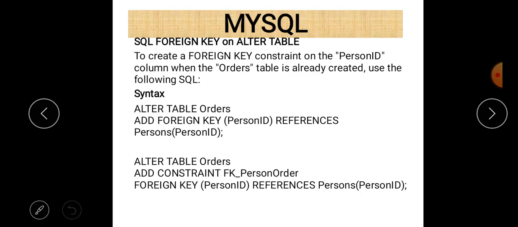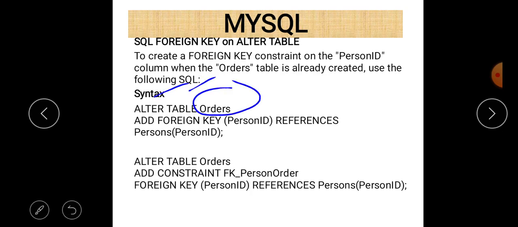So the same concept is applied for a foreign key. Basically, a foreign key is a key which is a primary key in a parent table, and it is used to connect two tables, parent table and child table. In the parent table there is a column name which serves as a primary key, and becomes a foreign key in a child table. So the syntax to add a foreign key is, first of all, just write alter table, then name